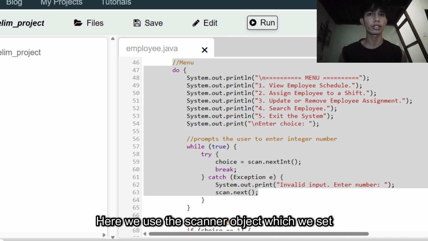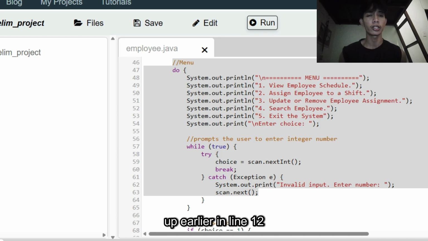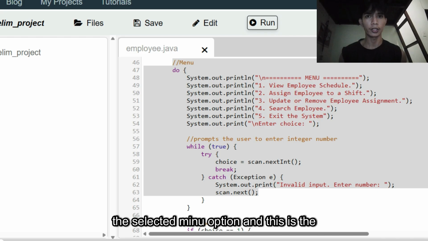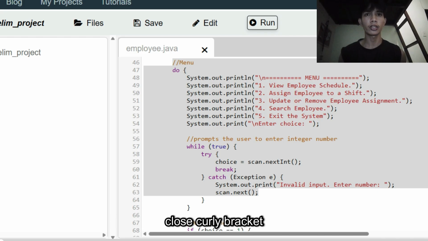Here we use the scanner object, which we set up earlier in line 12, to read the input as a whole number and store it in our choice variable. In line 57, break: if the input is a valid integer, the command exits the input check loop immediately, and we move on to execute the selected menu option. And this is the closing curly bracket, catch, open InputMismatchException, close parenthesis, and curly open